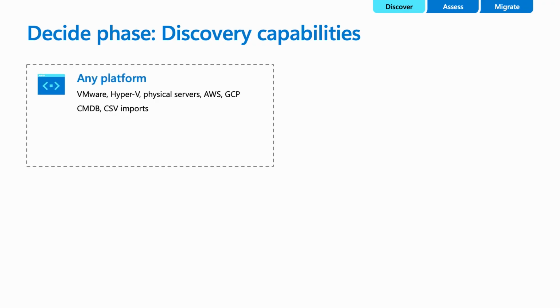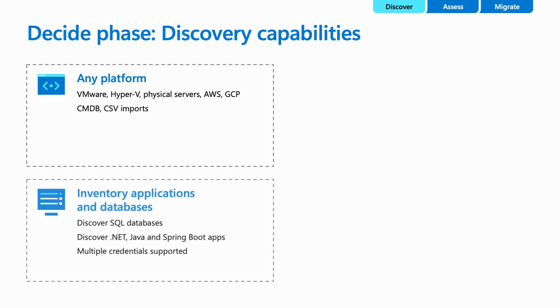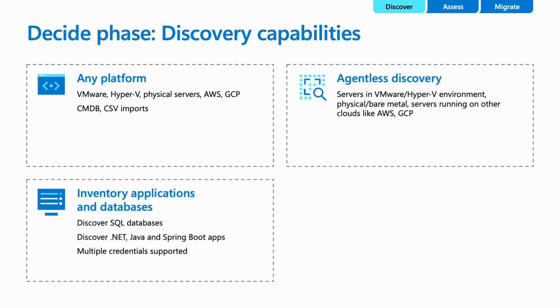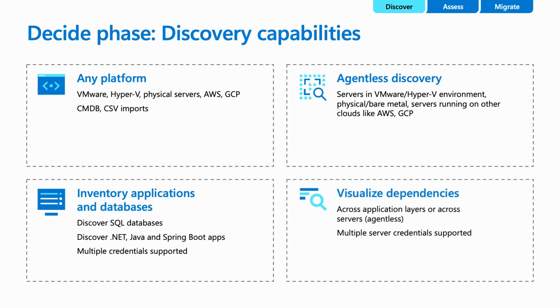Talking about the discovery capabilities, Azure Migrate helps you discover servers across different environments, like VMware, Hyper-V, physical servers, or servers running on other public clouds like AWS, GCP. Azure Migrate also discovers workloads like databases and web applications running on the discovered servers. The discovery is completely agentless, and no agents are pushed to any servers in your environment. You can also visualize network dependencies gathered from discovered servers that can help you analyze and group interdependent servers into